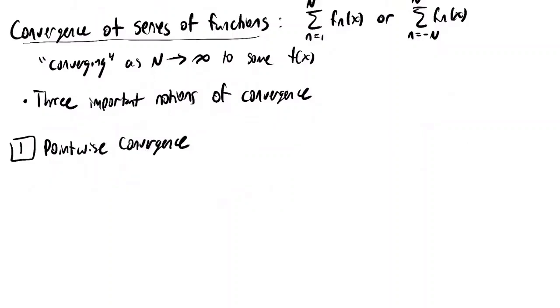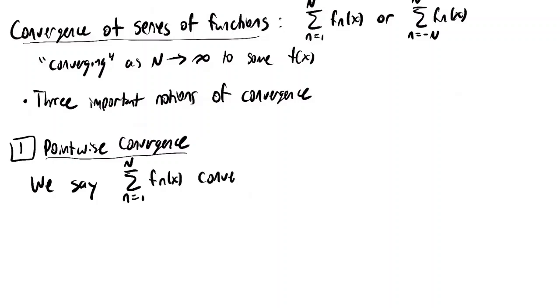Right? And so this means that this series will converge in the traditional sense, like as a sequence of numbers. The infinite series will converge for each point x. That's why it's called pointwise. So we say that the sequence of partial sums, fn of x, converges to some function f of x pointwise